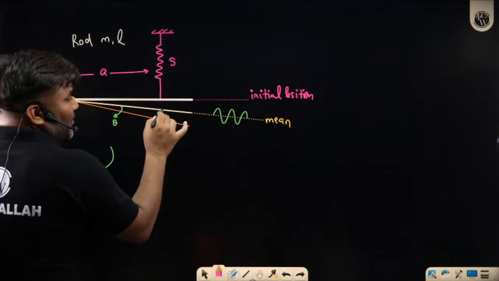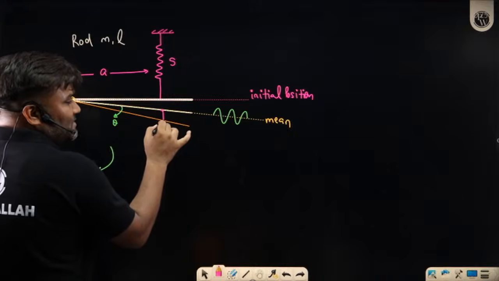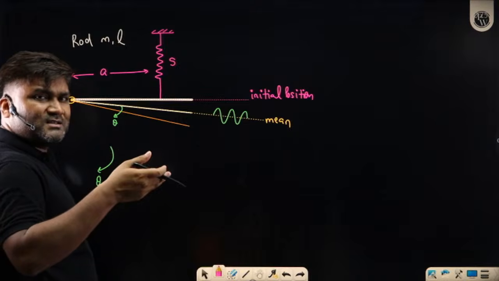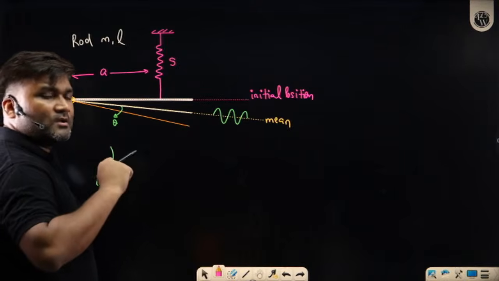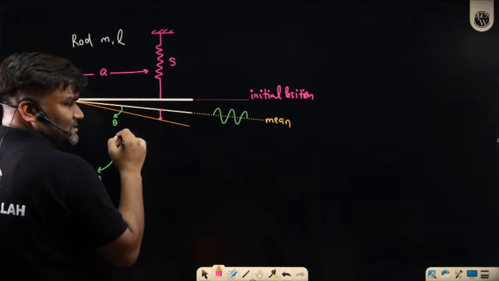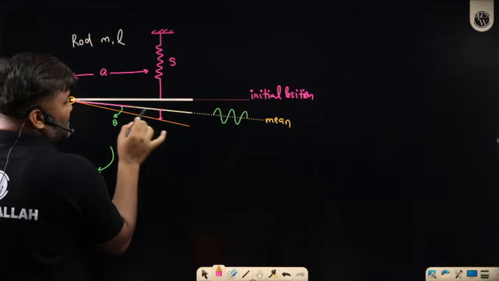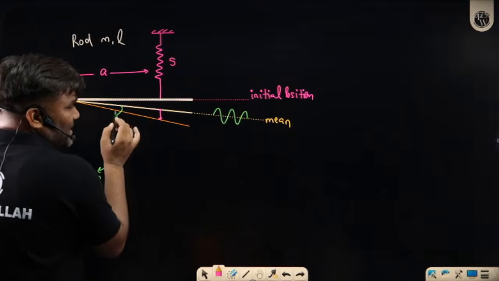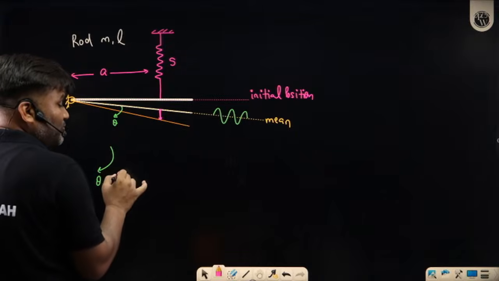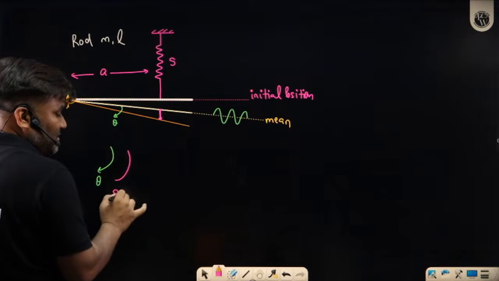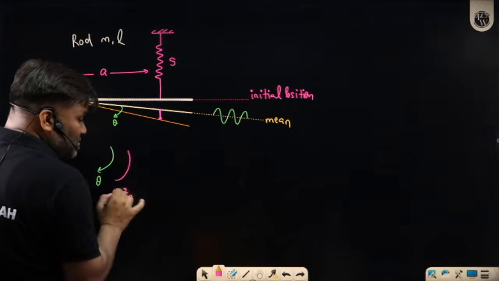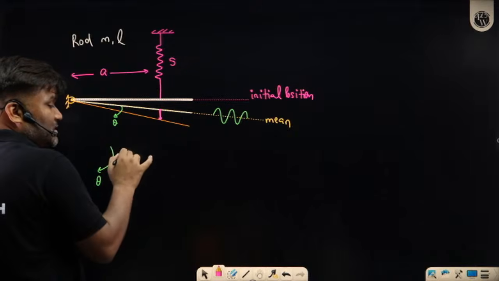The spring, from the mean, has been further displaced, further deflected. So it will give me some additional force, and that force will result in some torque. What will that torque be? Whatever is the x, how much, sir? We are connected at a distance a, and we have traveled through angle theta, so this distance I can write as a theta. The force will be s times a theta. This force multiplied by the distance a will be the torque, s a square theta. This is the torque, in the anti-clockwise direction.